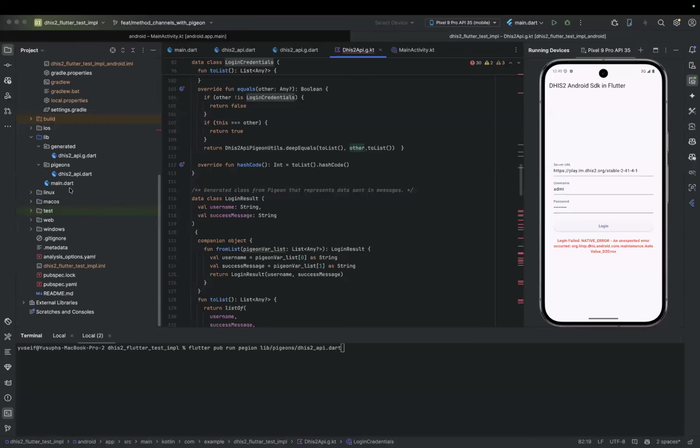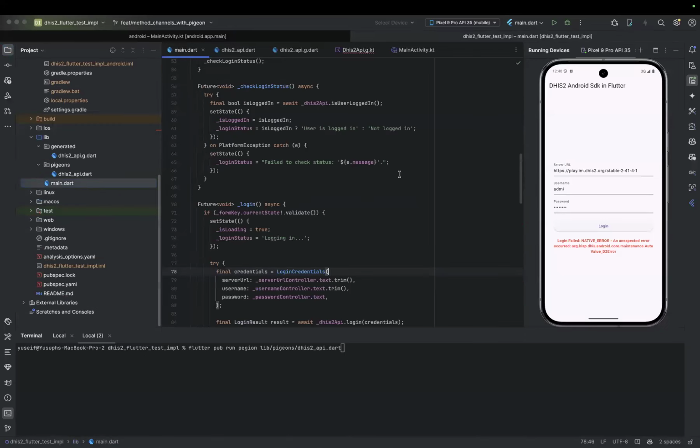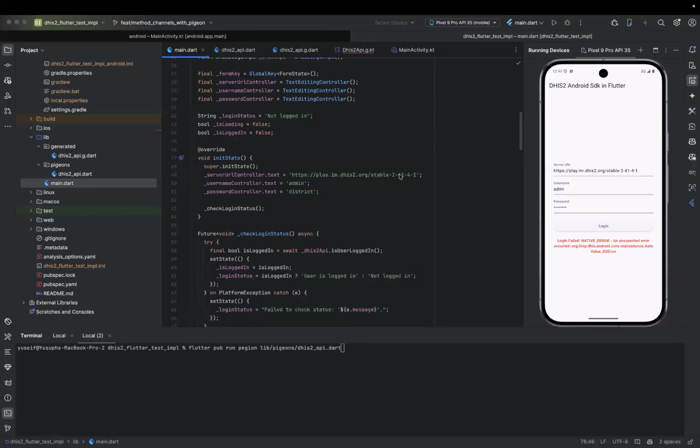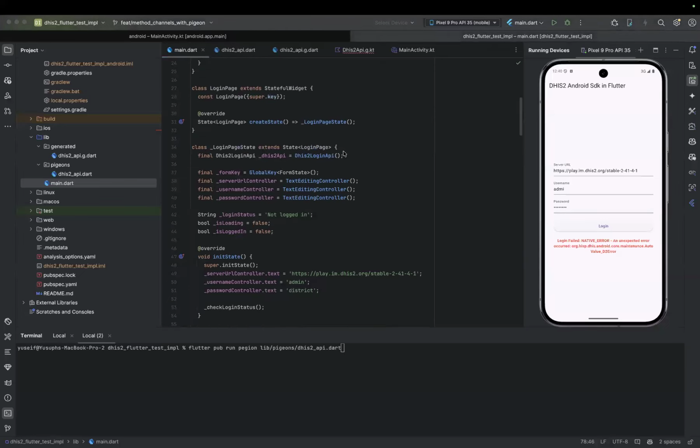So here, instead of specifying the method channel, we now instantiate this DHIS2 login API, which is an API generated after running this command, where Pigeon will analyze our interface and generate a class for us.